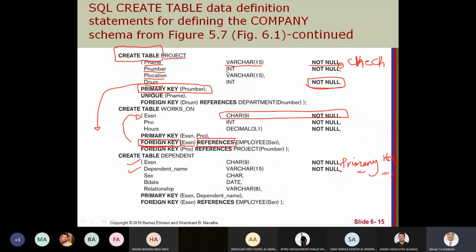Okay, so references employee, SSN. This is the primary key that this foreign key references, and this one is the foreign key.